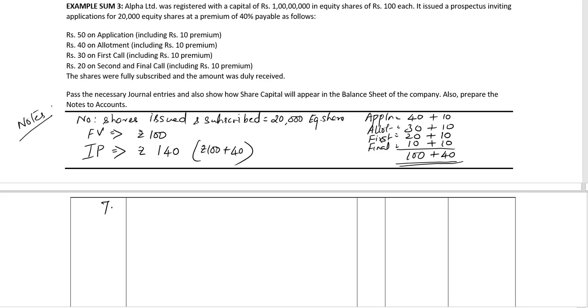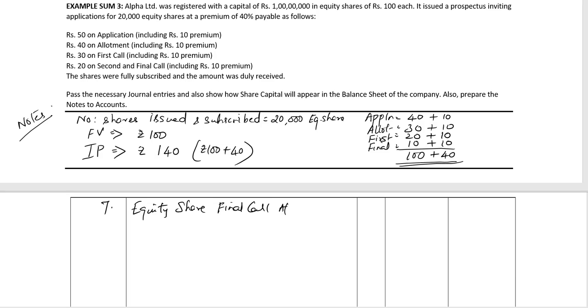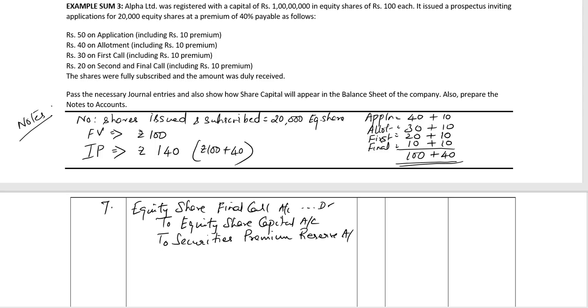The seventh entry, we'll make the final call including the premium due. Equity share final call account debit to equity share capital account to securities premium reserve account. Narration: final call